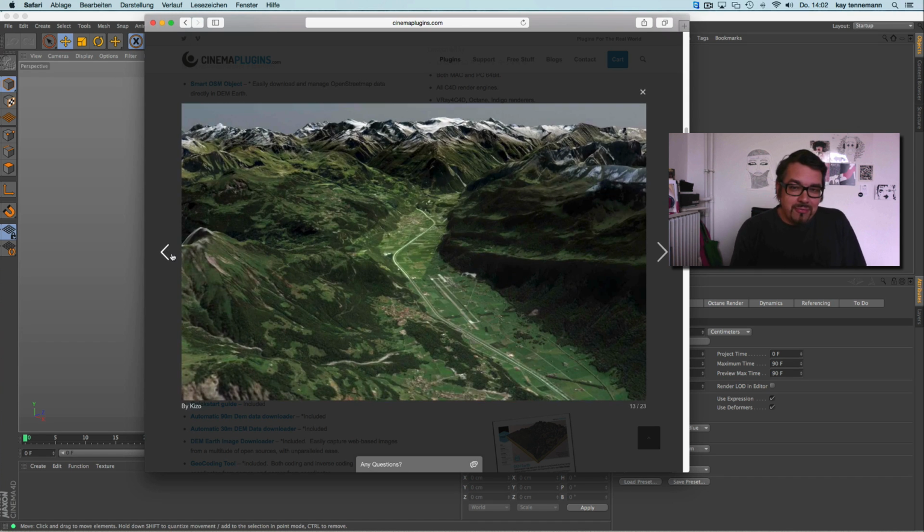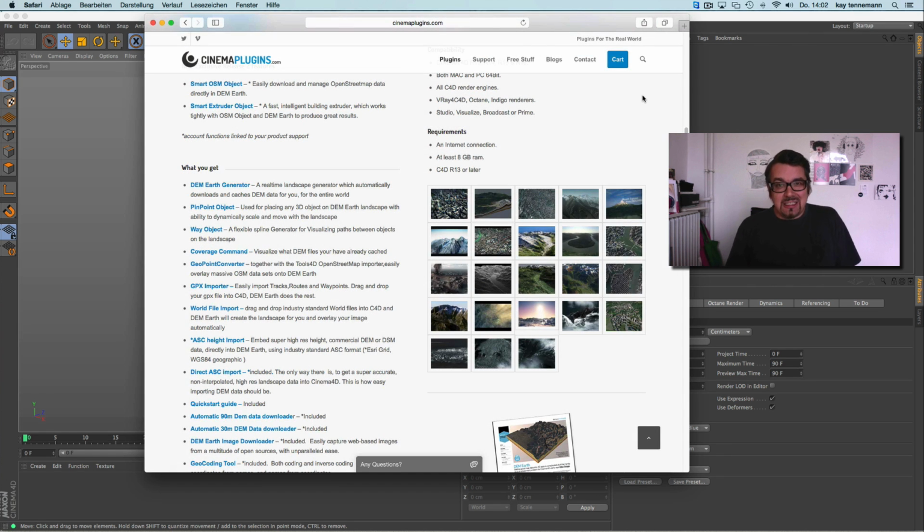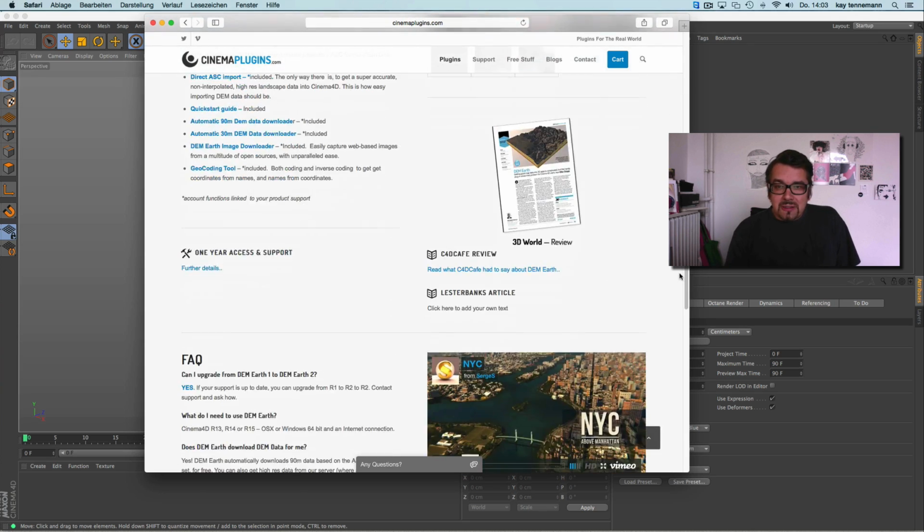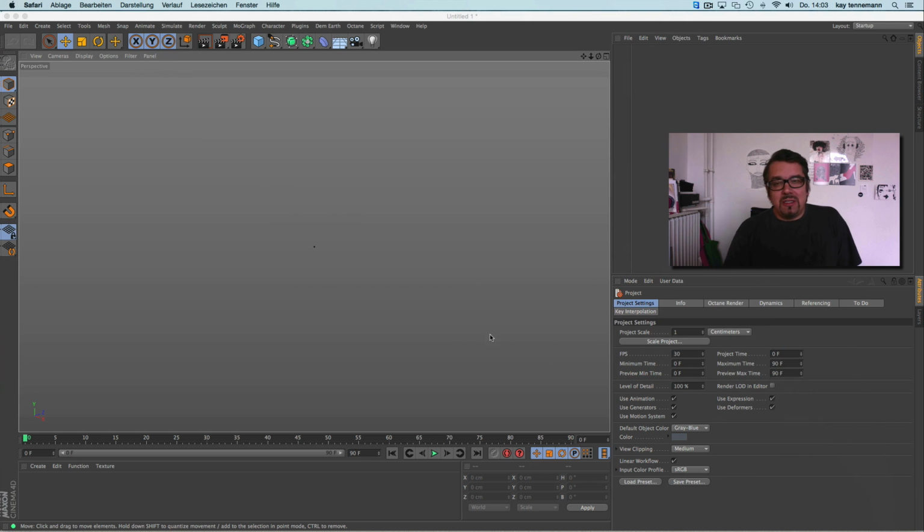So I came up with DEM Earth. The second thing is, when we have to research over 80 places in the world, it's very complex work, because you have to find information about, for example, Brazil and all the places in the world. This wasn't possible with traditional modeling. So I was very happy with DEM Earth, because it did the job we needed very easily. Now I'd like to show you a bit what this little piece can do.